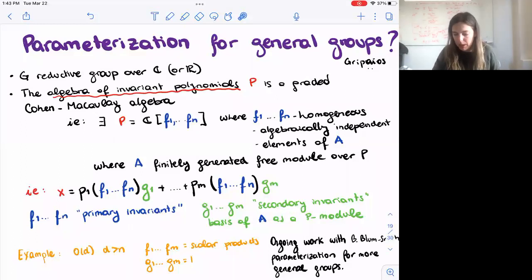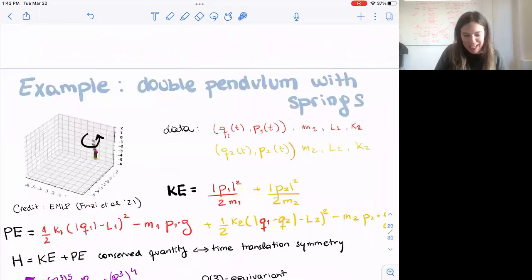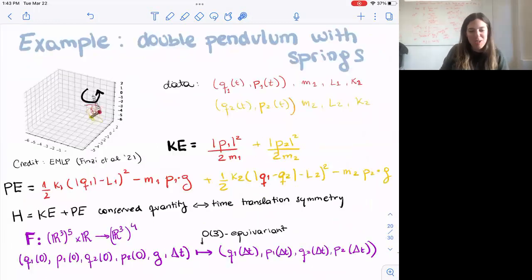So yeah, this is work with Ben Blum-Smith, who is going to join Hopkins as a postdoc in a few months, and he did his PhD in invariant theory, so he does all this. Yeah, he's very good at teaching. Anyway,